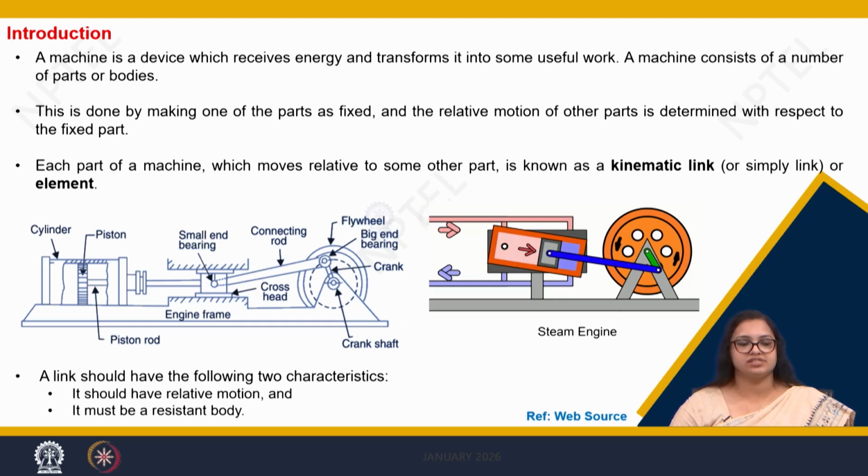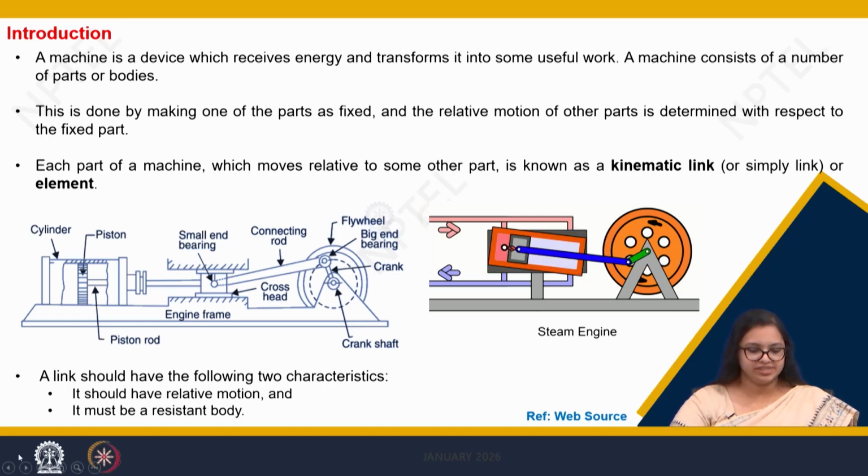So let us first understand, a machine is a device which receives energy and transforms it into some useful work. Now, when a machine has to do some kind of useful work, it has multiple elements that act together to give some kind of relative motion with respect to each other. So let us take an example of one of the simplest machines, that is the steam engine. As you can see here,